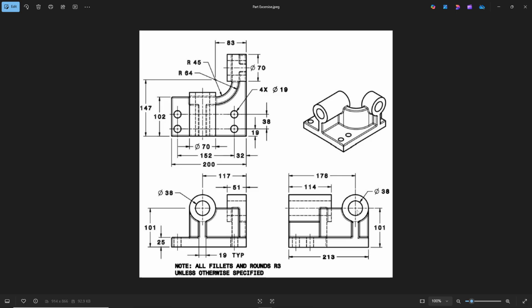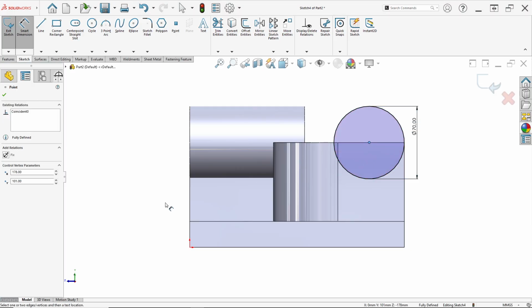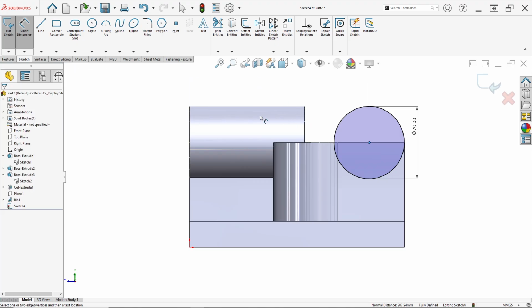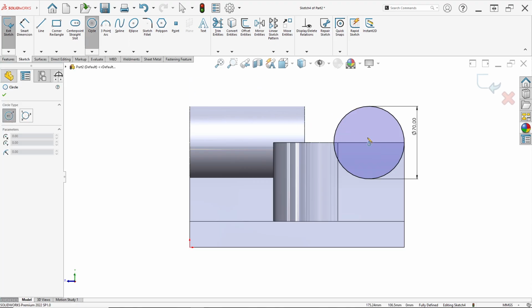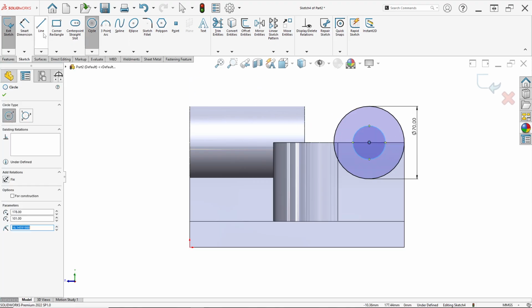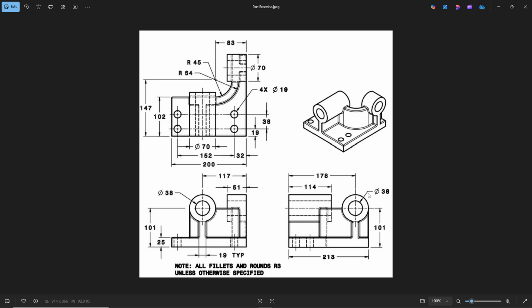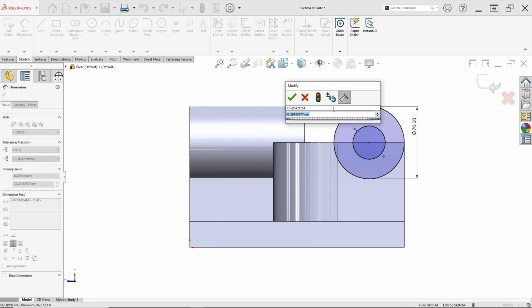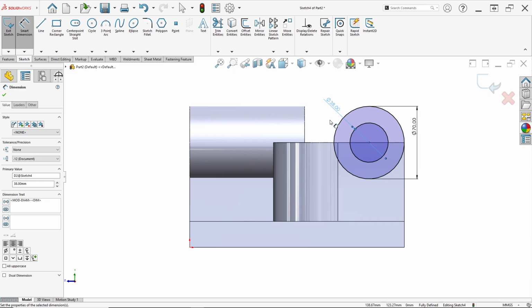We can check for distance, the center to this edge is 178. Here the center to this edge is 178. It's correct. And we can draw a circle again in the center. Diameter 38, in here 38 millimeter.